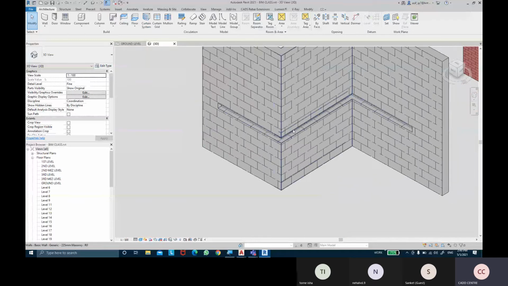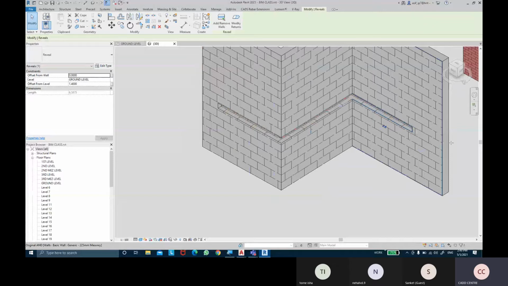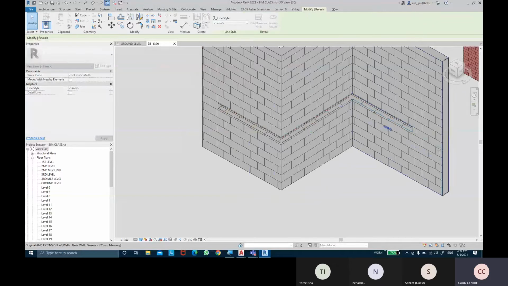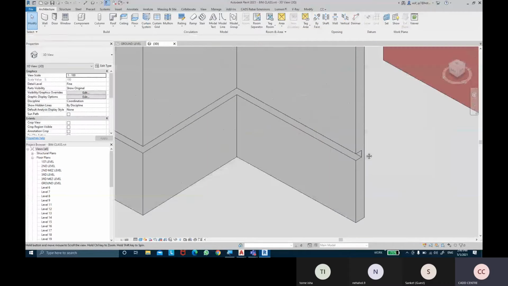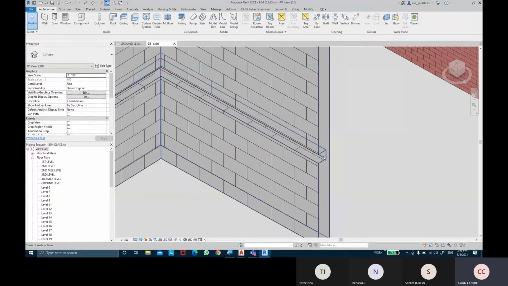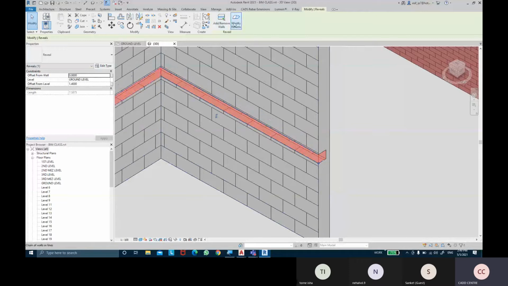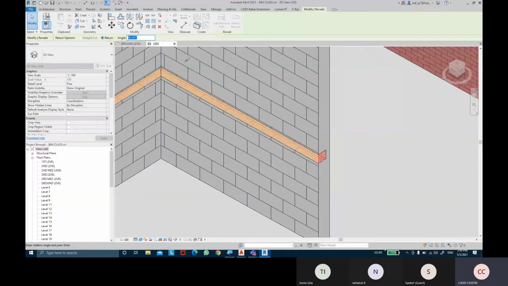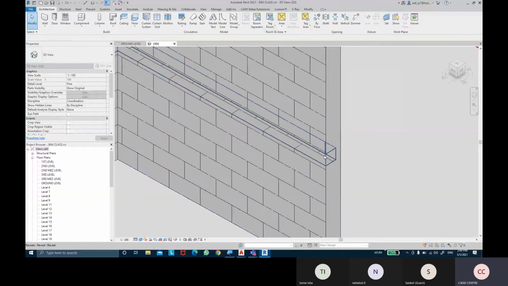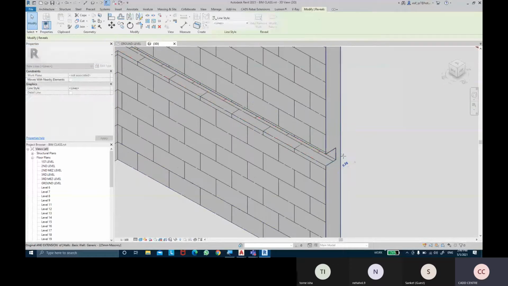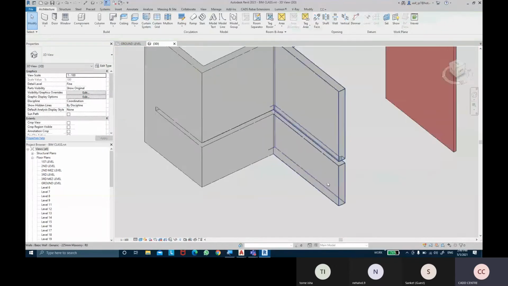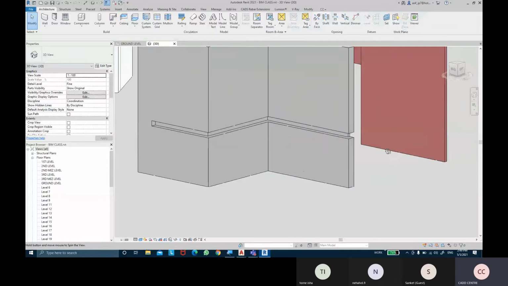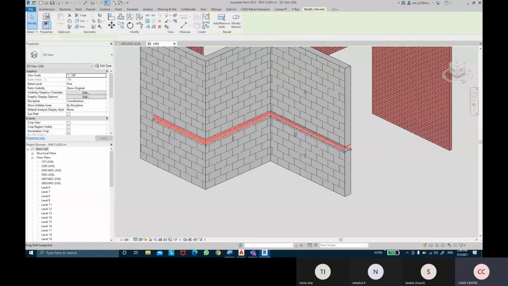Okay, or you can use the modify returns also if it's going to the end of that wall. So if it's on the end of the wall and you want to cut it, the returns basically, you can select the reveal, take the modify return option, return it at a 90 degree angle and tap it. And once it's tapped, you can select the reveal now, and drag this point to the end of that wall. Okay, so that's